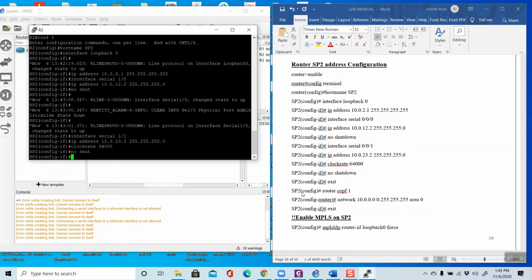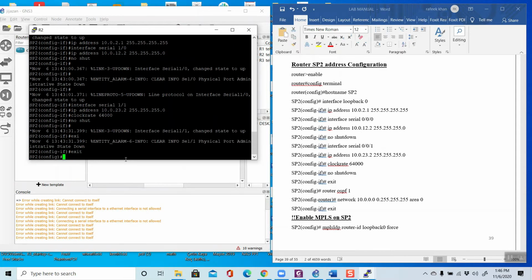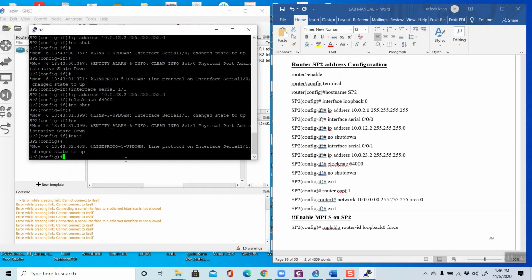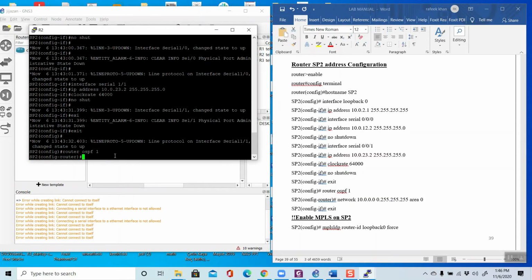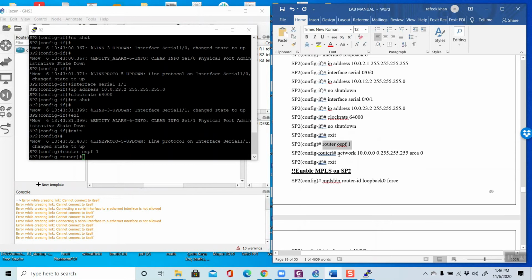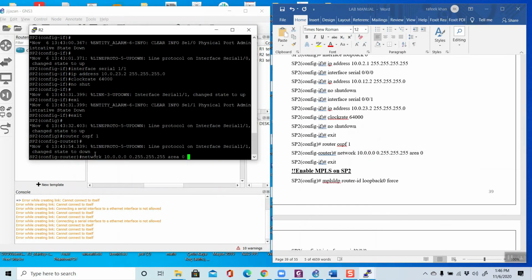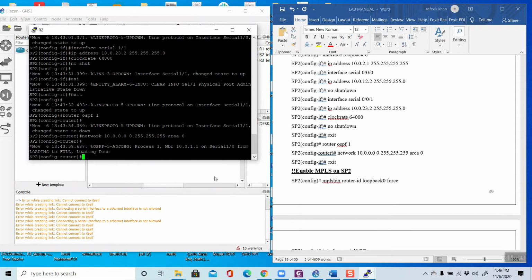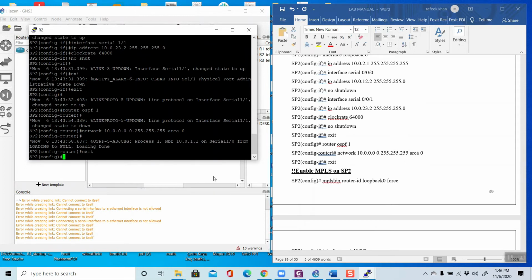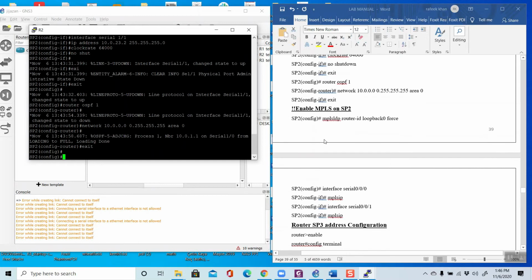Then router OSPF 1. Then use this IP address. Now exit. Now MPLS LDP, here there should be a space, so you have to take care of MPLS LDP.